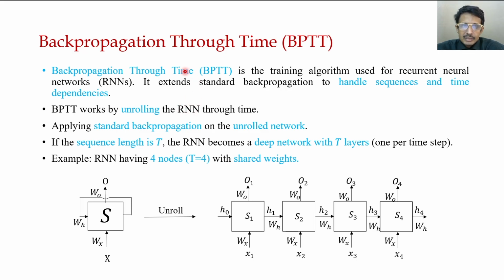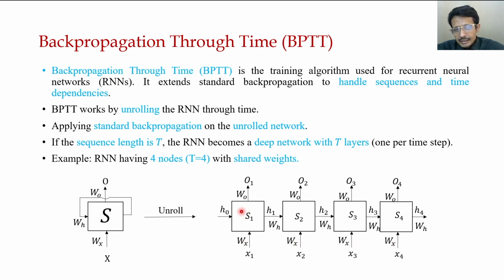As we have discussed earlier, when we unroll or unfold the RNN in time, it looks like this structure. You can see every RNN node has an input. It may not be, but just for our very simplistic understanding, say these are the inputs, and these are weights, and you can see the weights are the same. That means weight sharing is used.